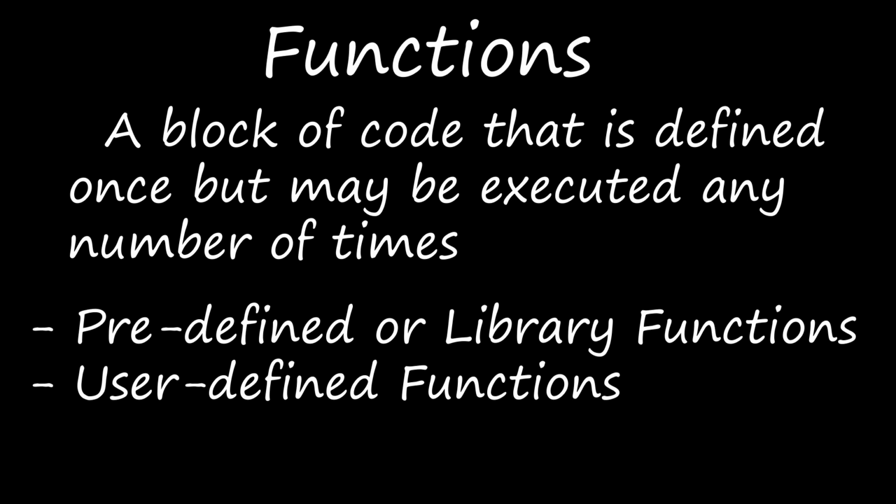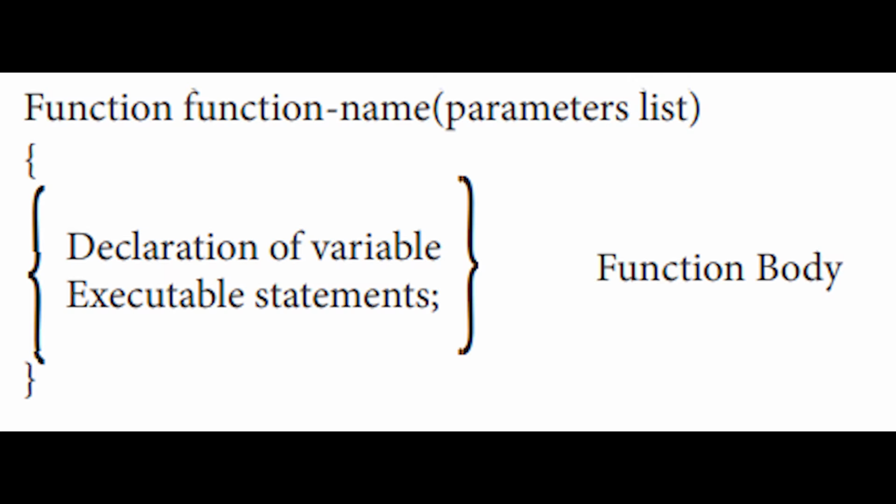Okay, and the other one is the user defined function. This is user defined. Who is the user? If you are writing a coding, you are the user, right? Whoever is designing or writing the program is the user, right? They can define some functions. As I said, if you want to calculate an average, you can just give a name, function average. Inside that function you can give the formulas to calculate the average, and wherever you have to calculate the average, you can just call the word which comes along with this function.